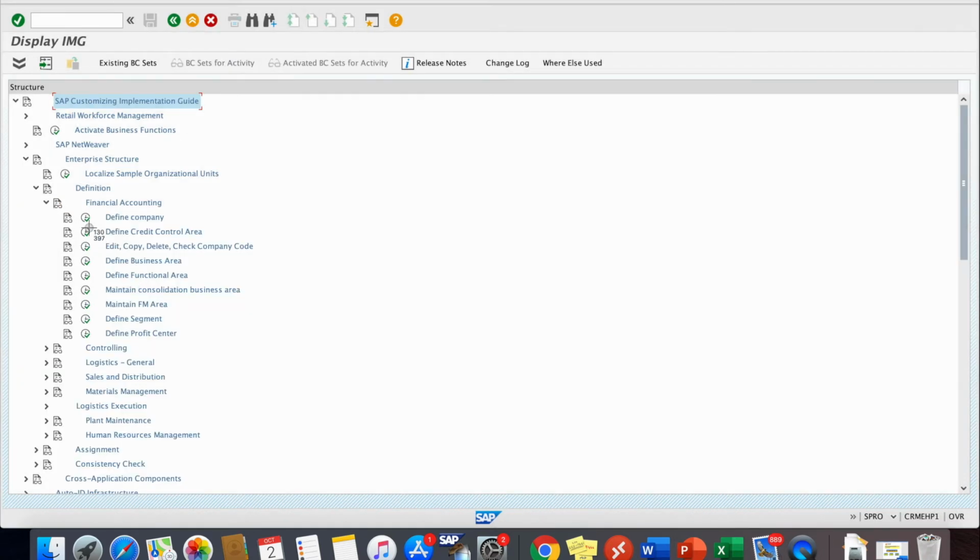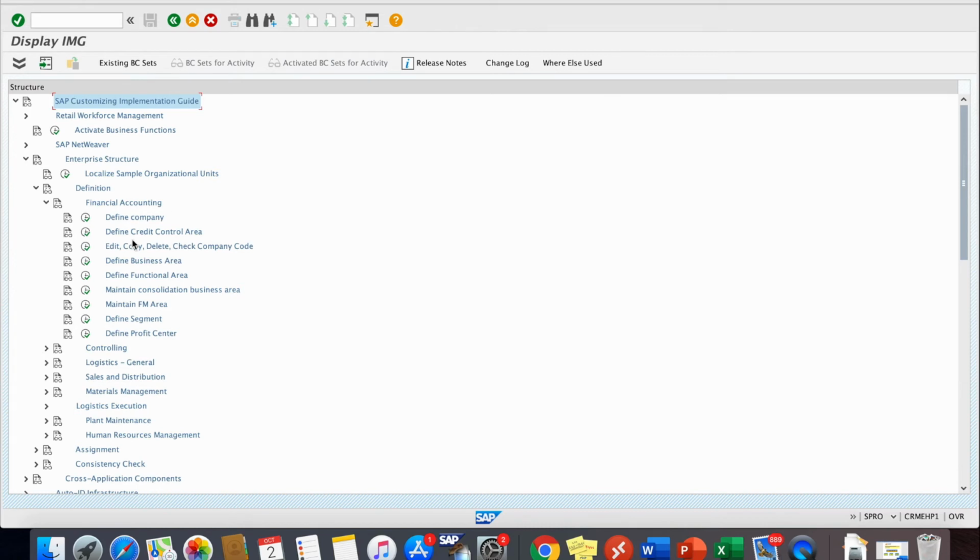As you can see, every step has two buttons. Execute button, as I explained in the previous session, is used to practically define company. Documentation button is used to have theoretical understanding of that specific or particular step.